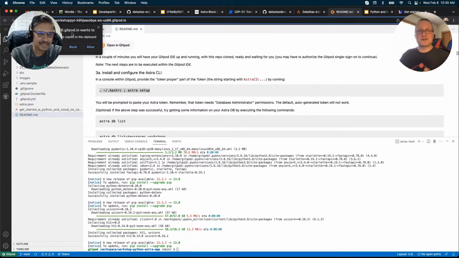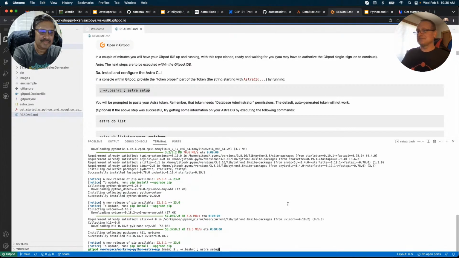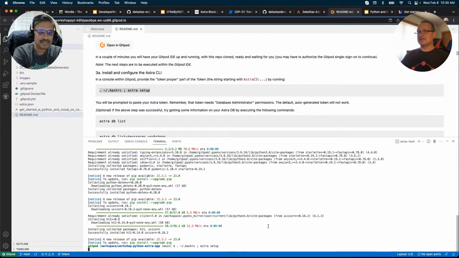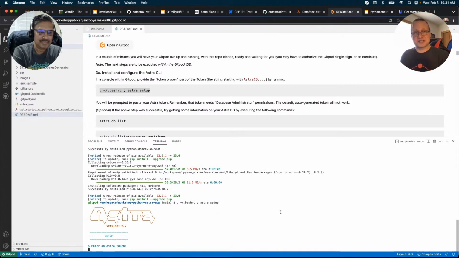Of course, when you start doing this, your browser is going to ask if you want to allow copying and pasting, and of course, you want to say yes. So I'm going to run this bashrc Astra setup, and that's going to start the Astra CLI setup in a different session. That's important to make sure that you can get all of your environment variables for Astra CLI set up